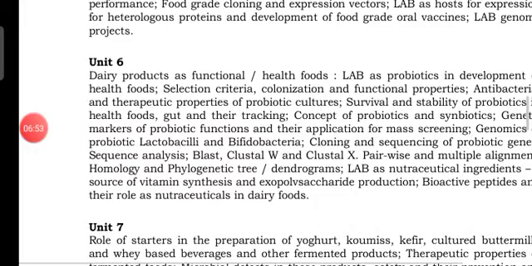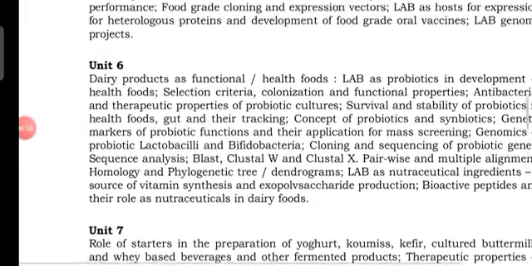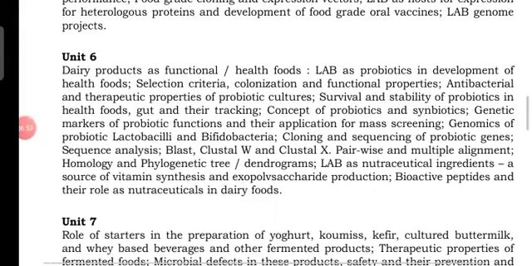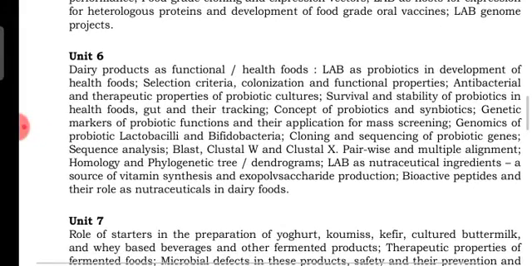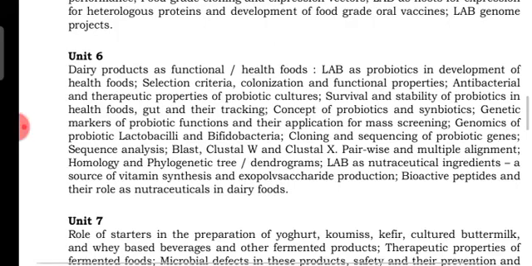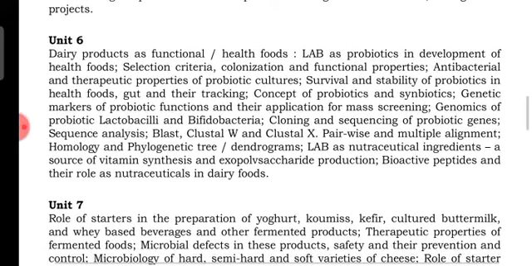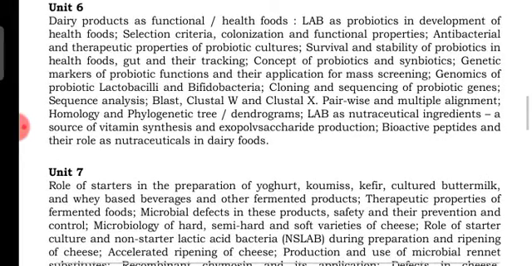Unit number 7 is role of starters in preparation of yogurt, koumiss and kefir, cultured buttermilk and whey based beverages and other fermented products; therapeutic properties of fermented foods; microbial defects in these products, safety and their prevention and control; microbiology of hard, semi-hard and soft varieties of cheese; role of starter cultures and non-starter lactic acid